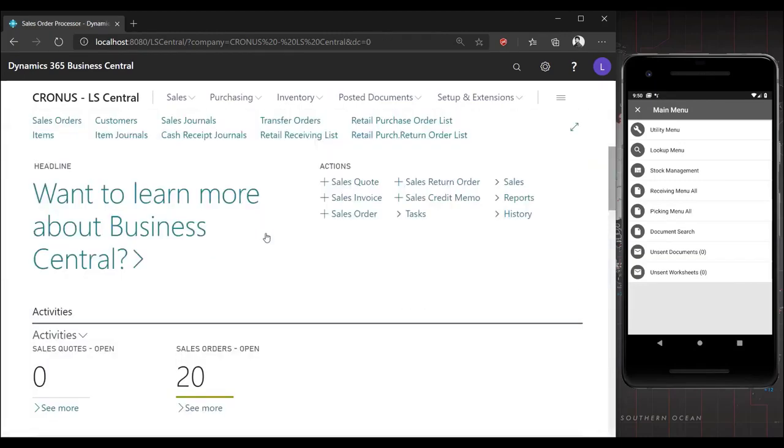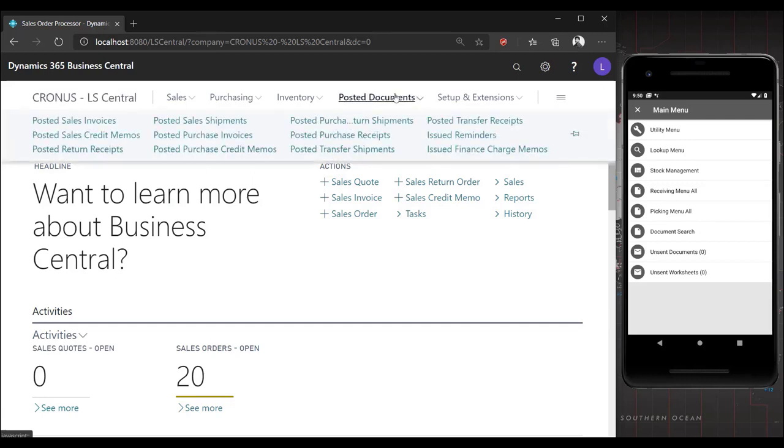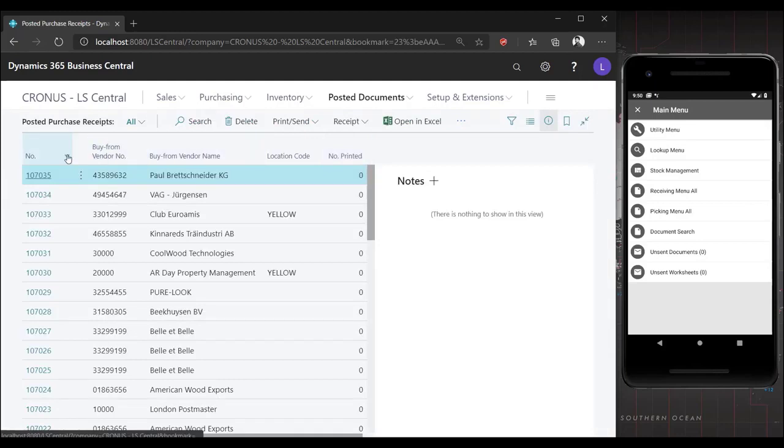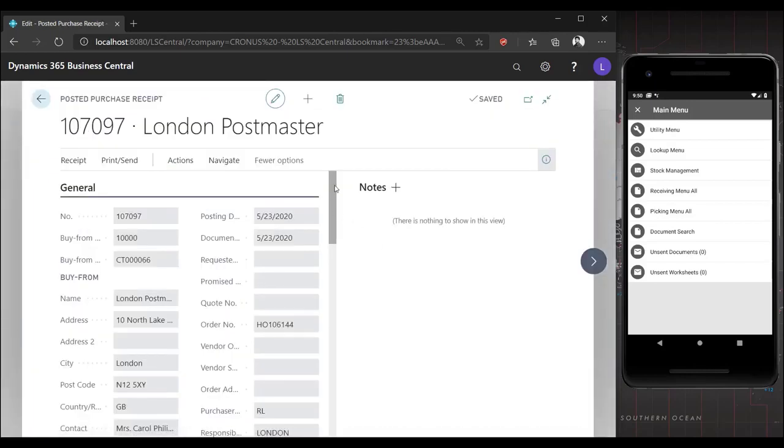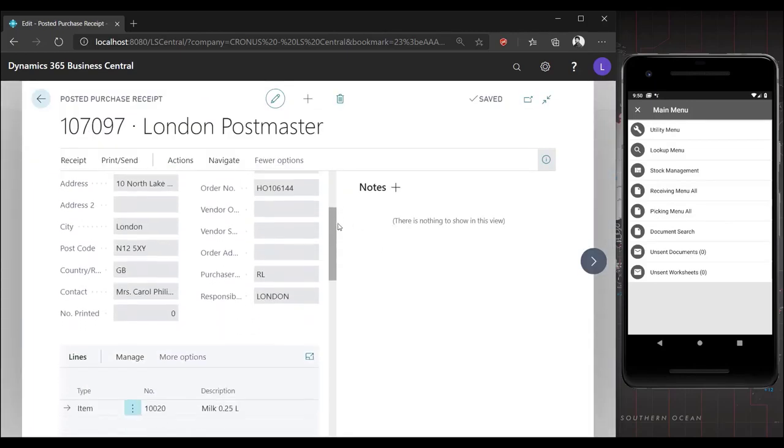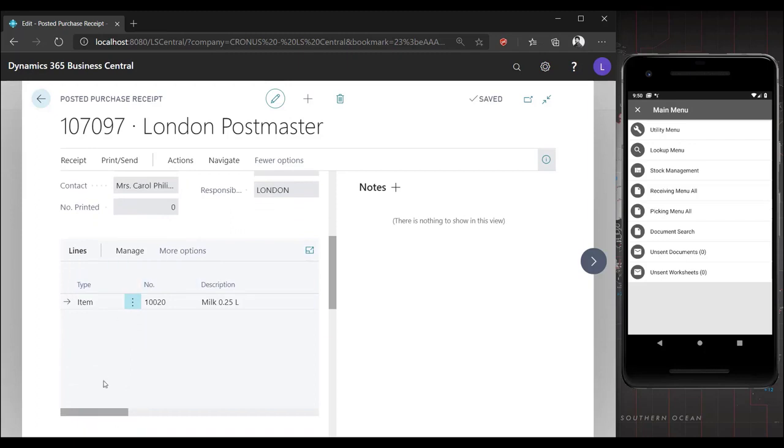So therefore now we need to view the posted document. In my view, I have them bookmarked here as well. So open it up, click on posted purchase receipt, hit the sending, and open up the latest receipt. So in here you can see all the information that has been captured, including with our lines,